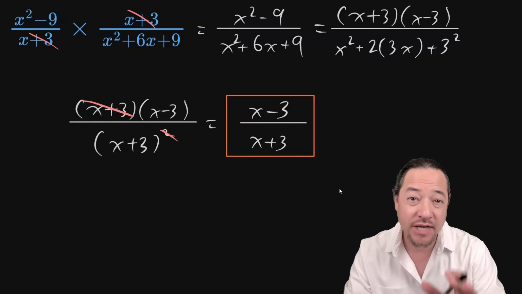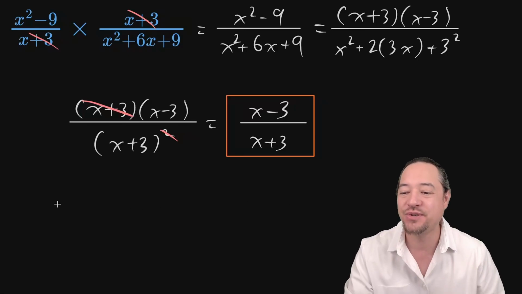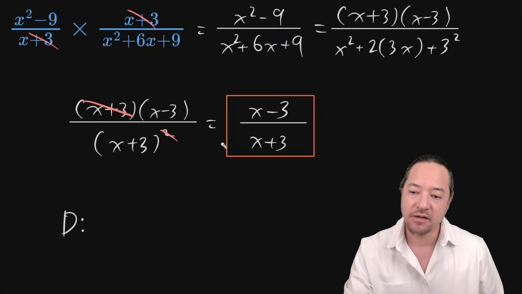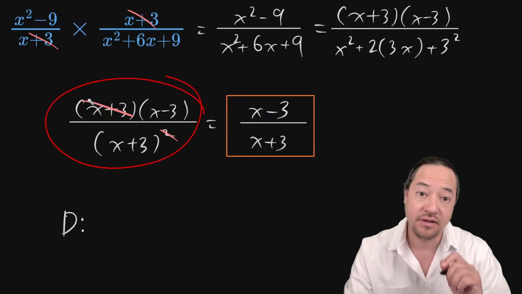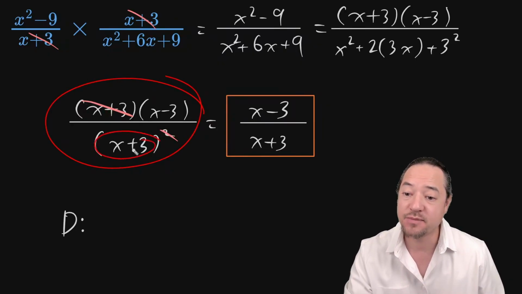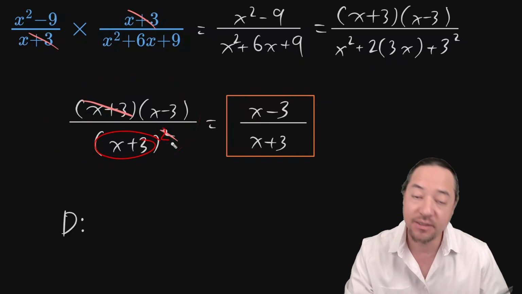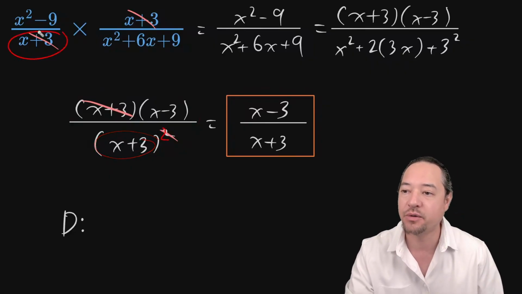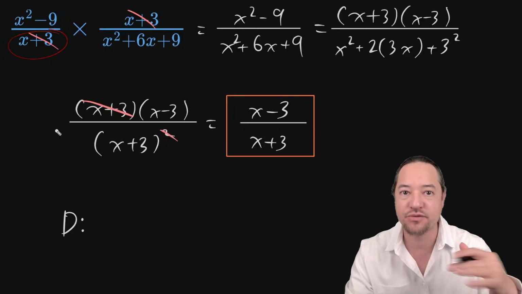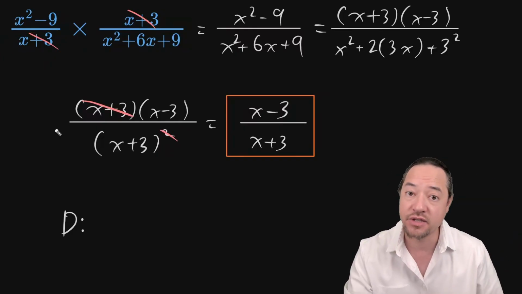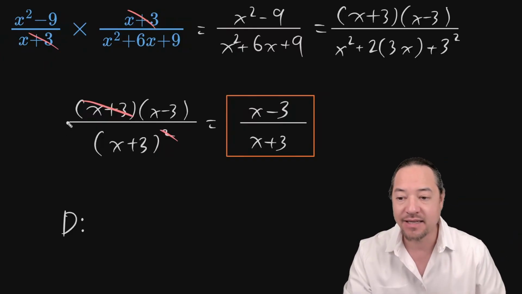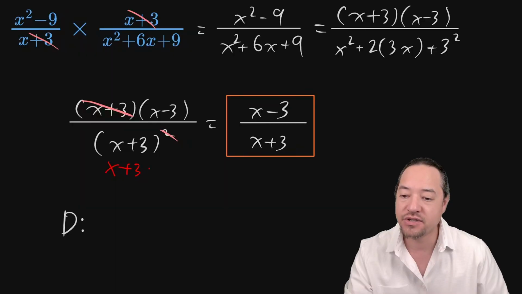We can also try and remember the domain. Okay, so it's useful to try and remember what the domain is going to be. So if we look at this rational expression here, we see we have an x plus 3 in the denominator. Technically, it was squared, and actually, there was another x plus 3 in the denominator from the beginning. So it's kind of like an x plus 3 cubed if you go all the way back to the original expression. So that's telling us that x plus 3 cannot equal 0, which means that x cannot equal negative 3,